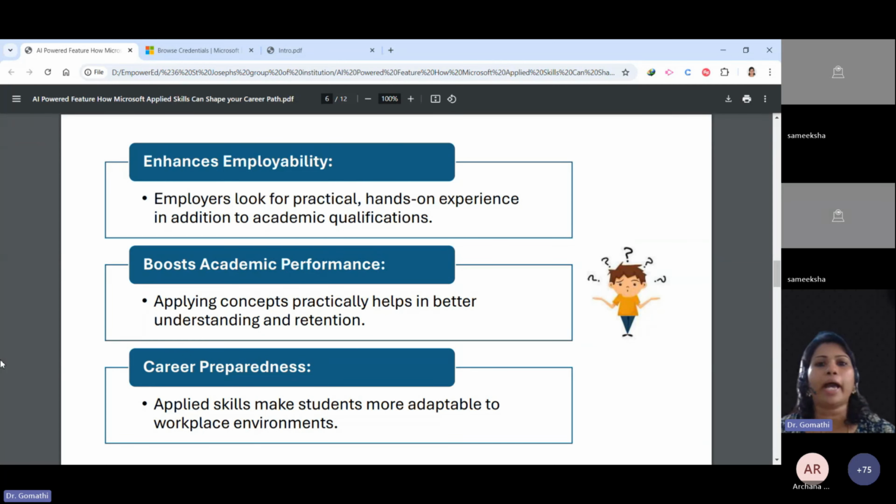Okay, so imagine that 50 people are attending an interview, and out of 50, 5 people have the Microsoft applied skills certification. Then obviously, you will be selected for at least the next round because you'll be filtered in, since you have the certification provided by Microsoft.